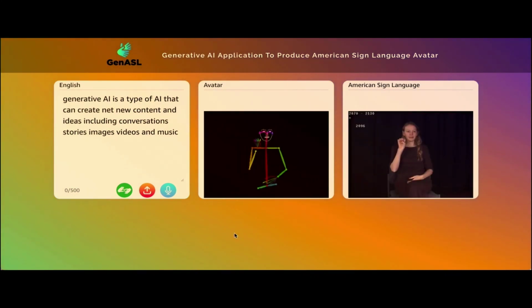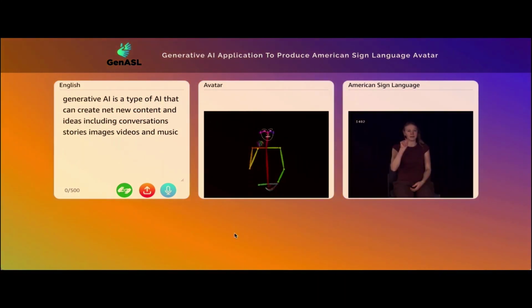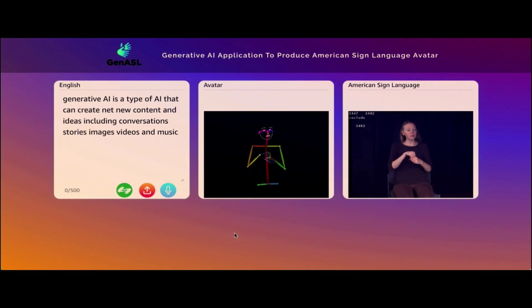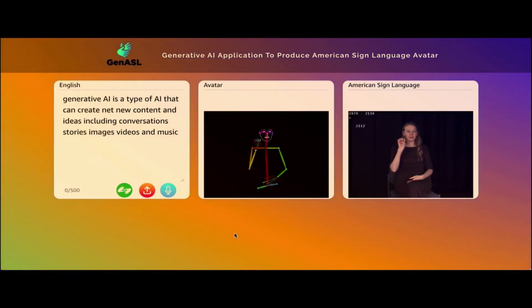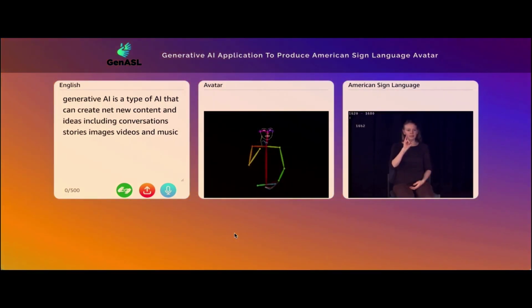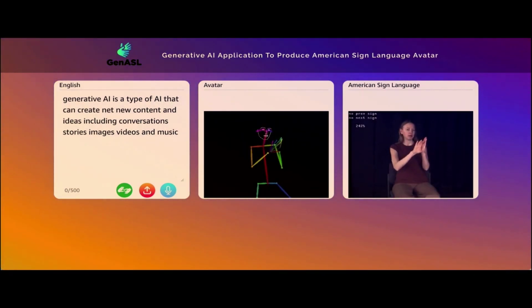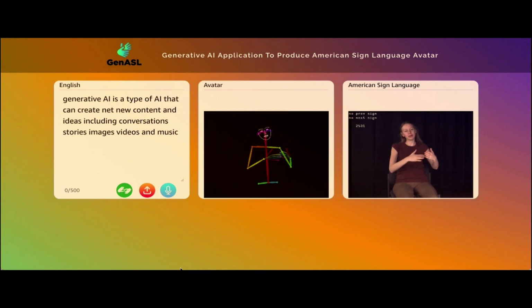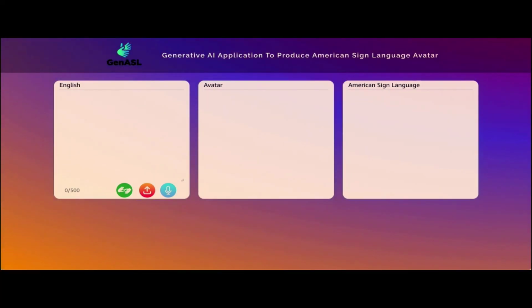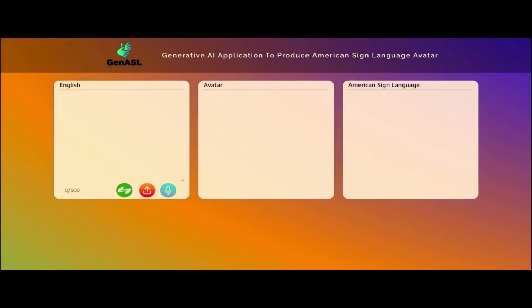So there may be a question, why ASL avatar? Why can't we just stitch together video and have a real human-like video generated? But if you see some of the signs, the signer's dress is changing, and there is a flip between the signs. So that's the reason we are generating the sign avatar on the left-hand side. So you can see some of the dresses getting changed. So that's for the music one.